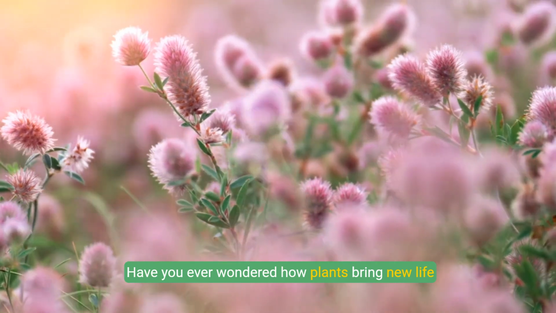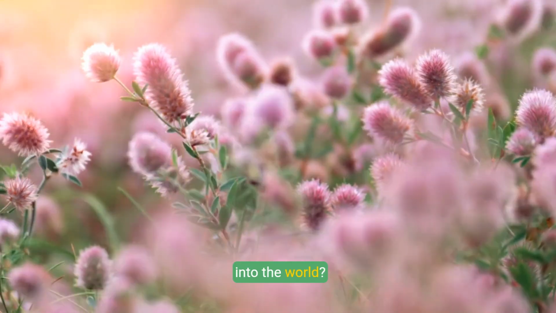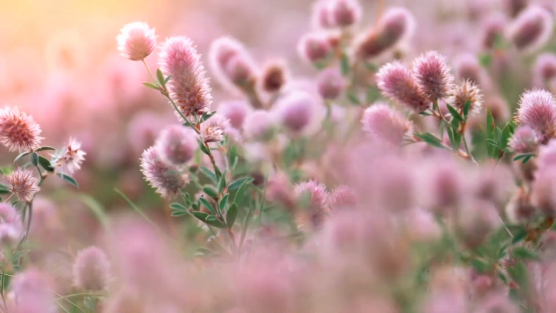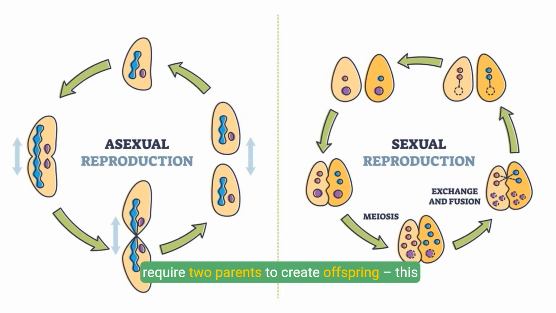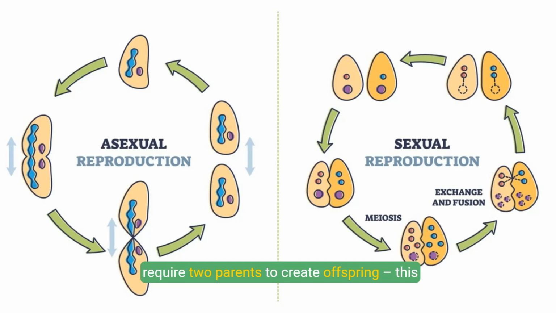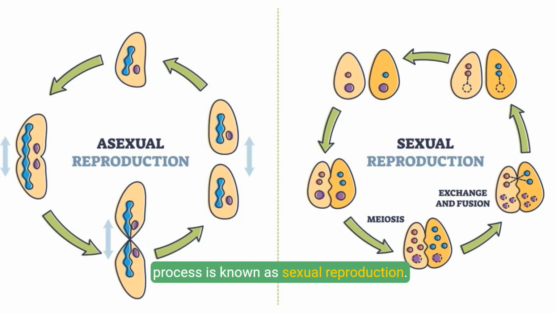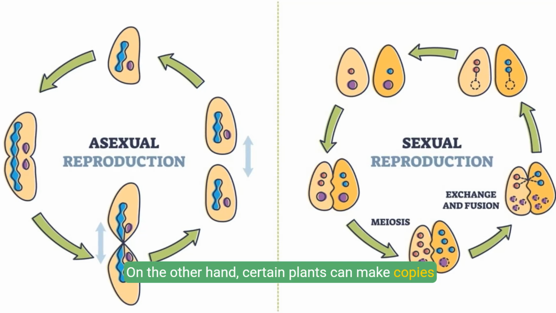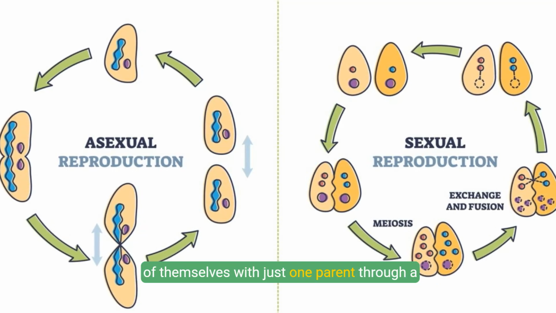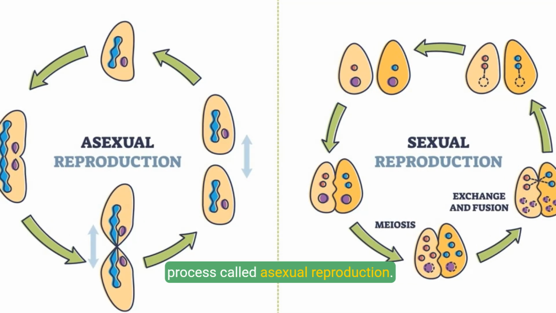Have you ever wondered how plants bring new life into the world? It turns out that just like animals, some plants require two parents to create offspring. This process is known as sexual reproduction. On the other hand, certain plants can make copies of themselves with just one parent through a process called asexual